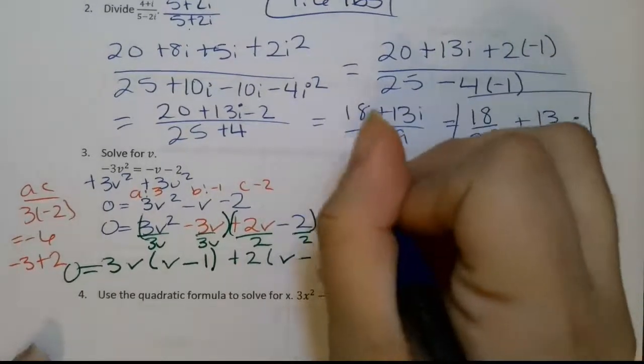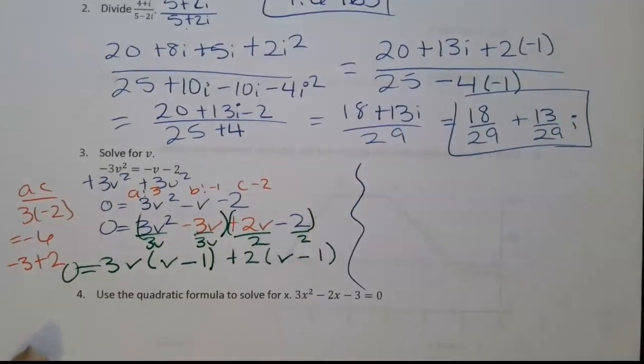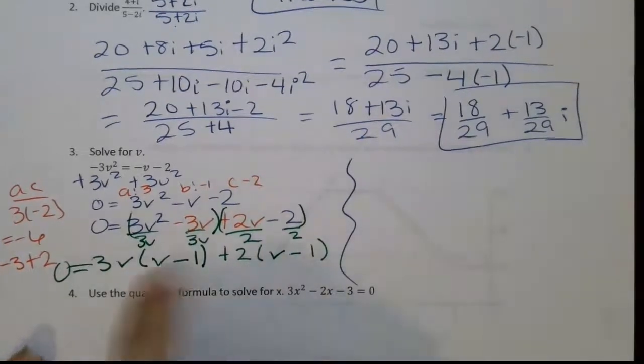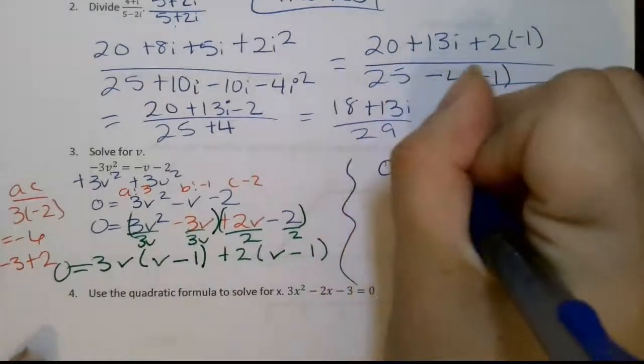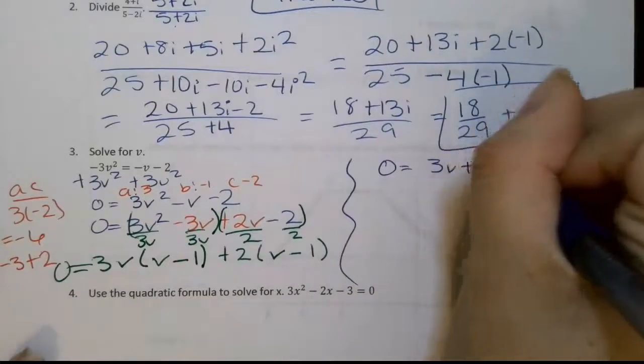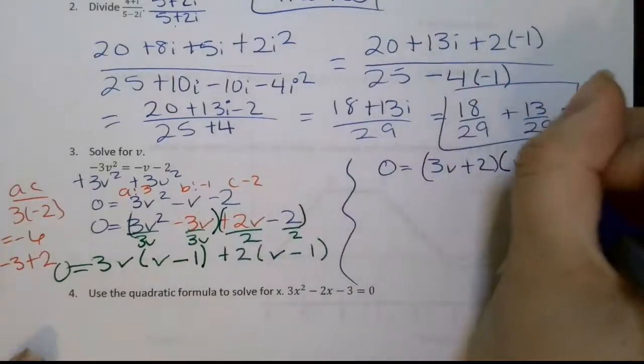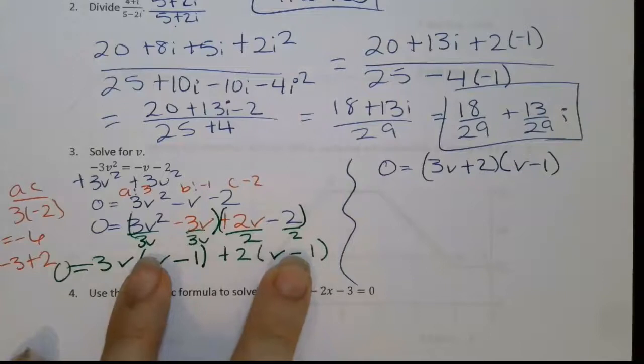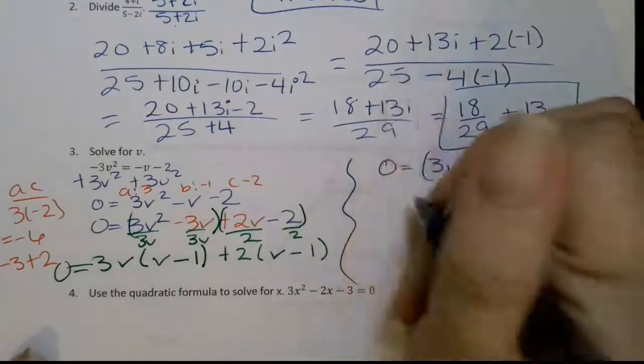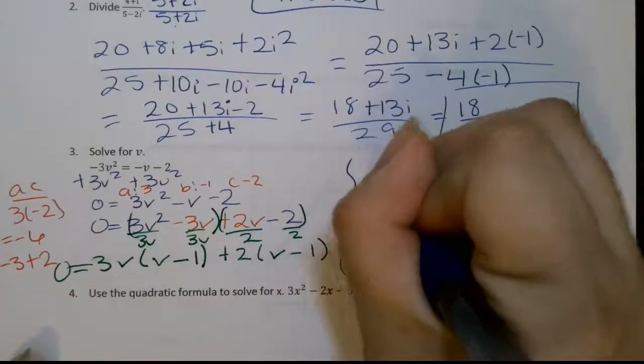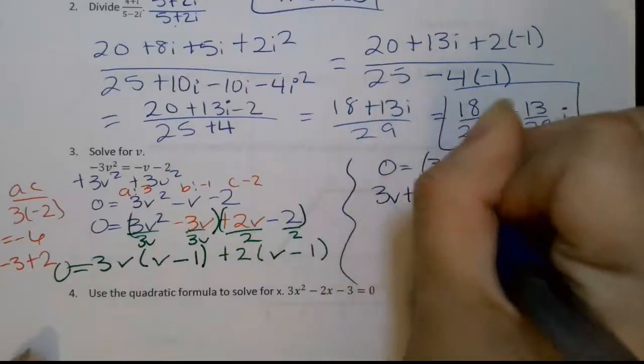Then what I want to do is the opposite of the distributive property. So I'm going to put the two outside pieces together. I have 0 equals 3v plus 2 times v minus 1. Notice these were the same piece, so those go right there. Then I'm going to take each of my pieces and set equal to 0